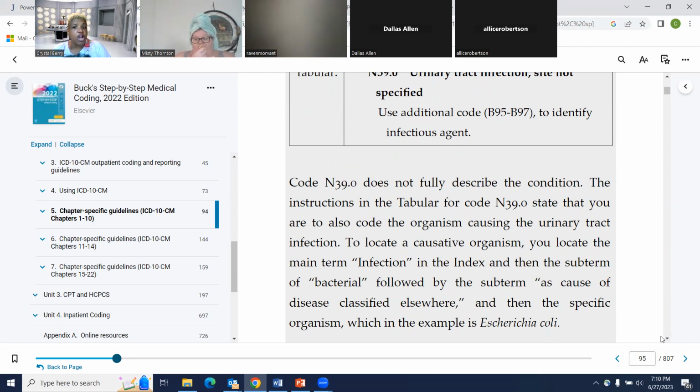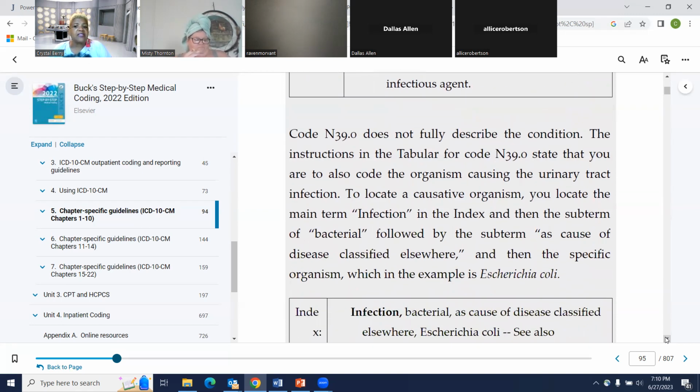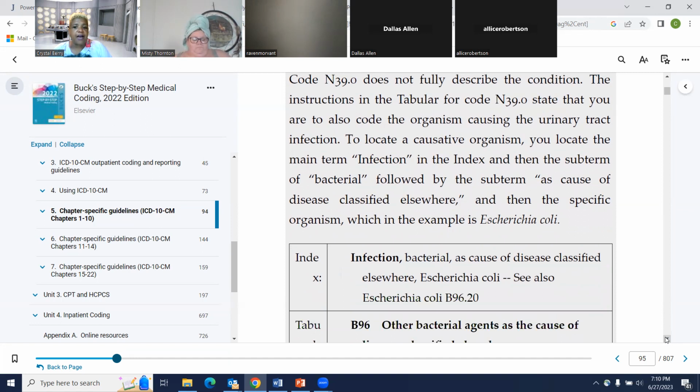So that main term is infection in the index, and then the subterm of bacterial, followed by the subterm as cause of disease, classified elsewhere, and then the specific organism, which is the example of